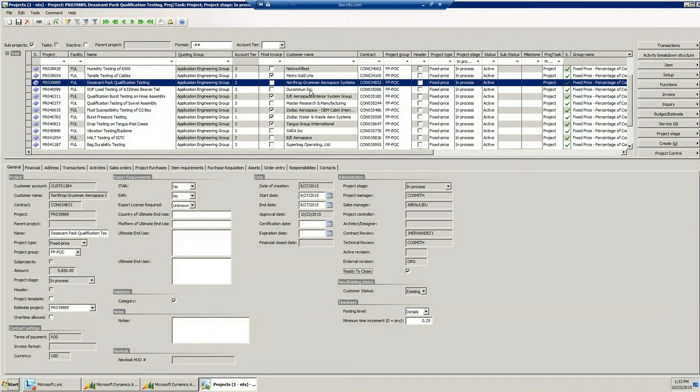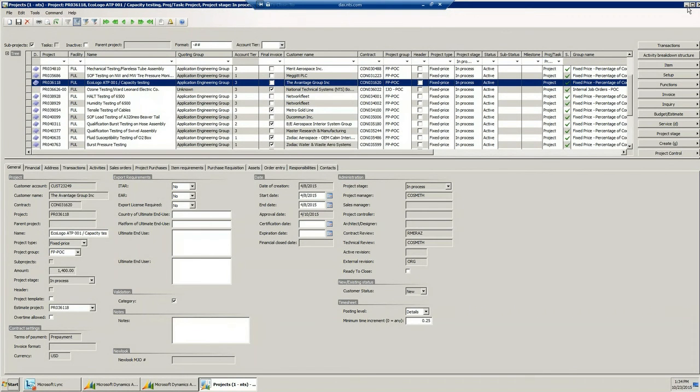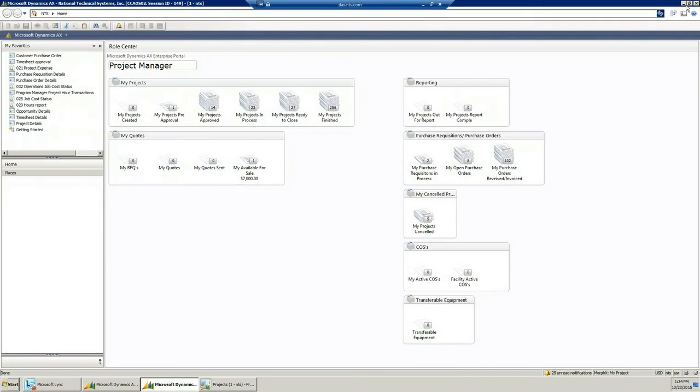This should disappear out of this group. There it goes. And it's now moved into my projects ready to close. That really is the final step at this point. Accounting